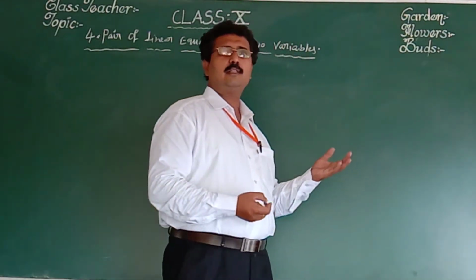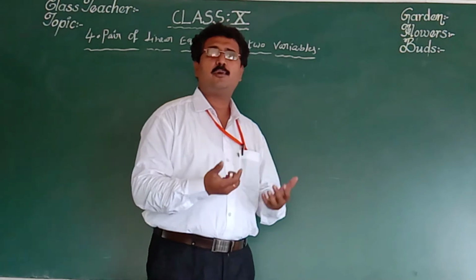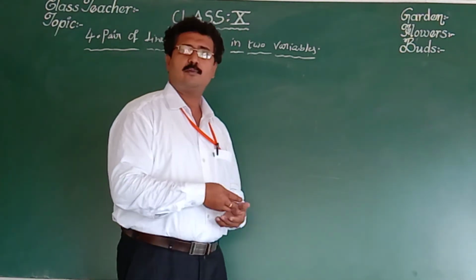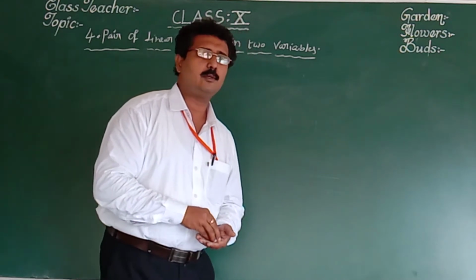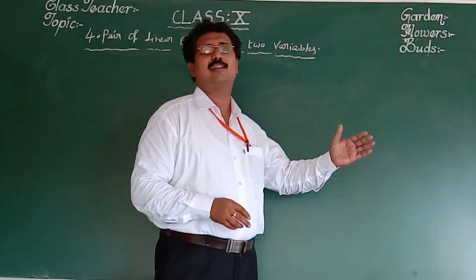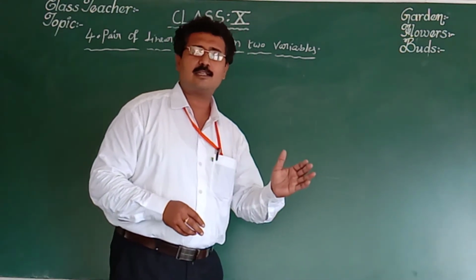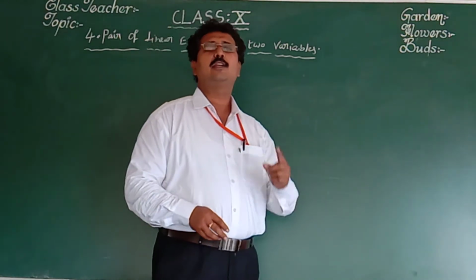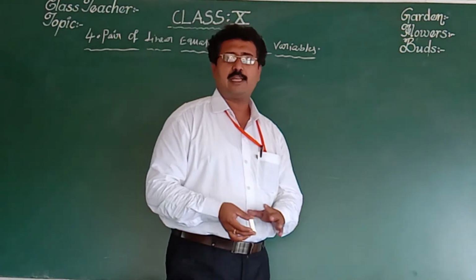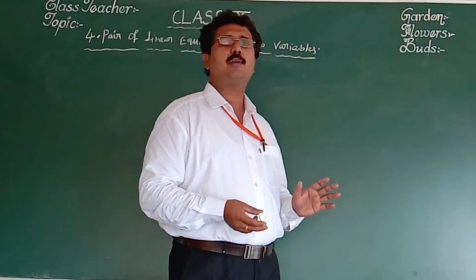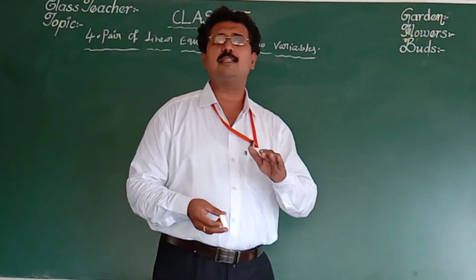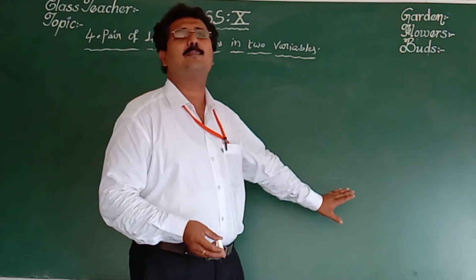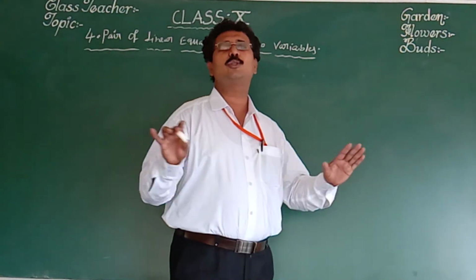So far we have completed three important graphs. What are they? First, A1 by A2 is not equal to B1 by B2. Then they are intersecting lines, consistent, and it has a unique solution. Next, A1 by A2 is equal to B1 by B2 is not equal to C1 by C2. Then they are inconsistent and independent lines, they are parallel lines and have no solution.